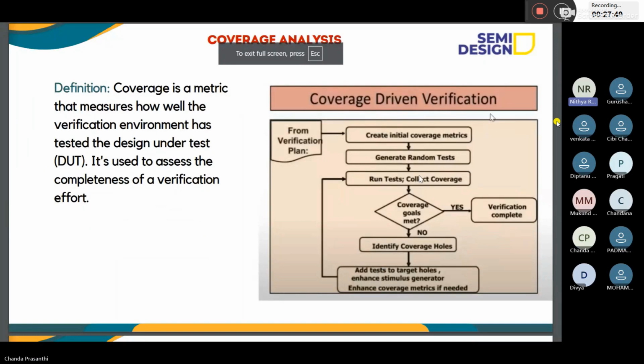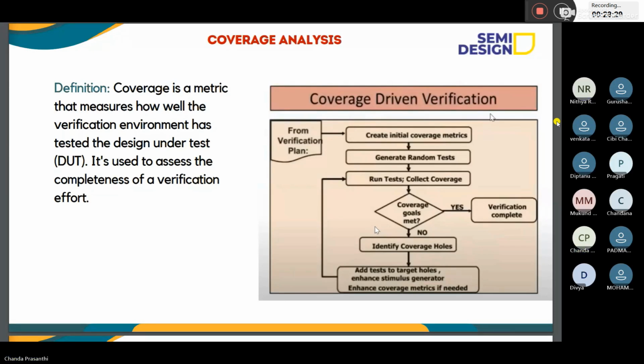Prashanti has a doubt. Suppose we have a design specification, we created 10 test cases for the design specification based on our study, and created coverage metrics for those 10 test cases, and we got 100% coverage. It doesn't mean we verified all the design specification corner test cases, right? We only created 10 based on our study. So there might be other test cases we need to create. How will we ensure that the design corner cases are completely verified?